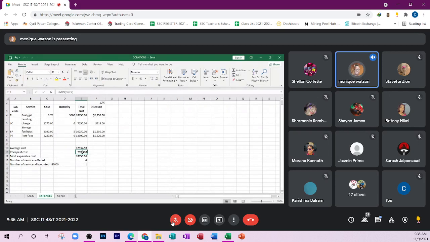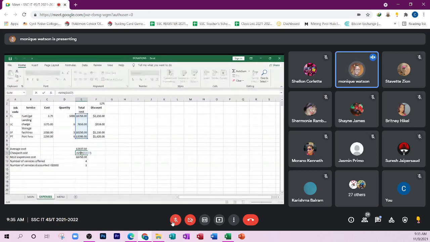So we're coming here to E11 and we're looking for the cheapest cost. In this case, we'll use min, because what min does is take a set of values and give us the smallest value. So once again, we're looking for the cheapest or smallest cost, and you type in a range, E4 to E7, and we get